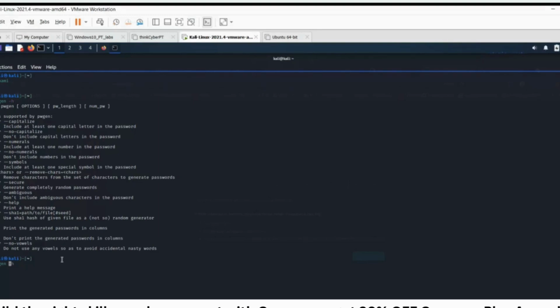Longer passwords are stronger than shorter passwords. Then longer passwords with a mixture of capital and small letters and numbers are stronger than a longer password that doesn't have a mixture. So all these things need to come into play. So with PWGen, let's do